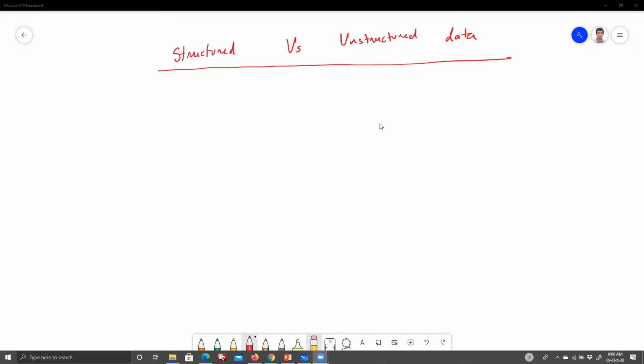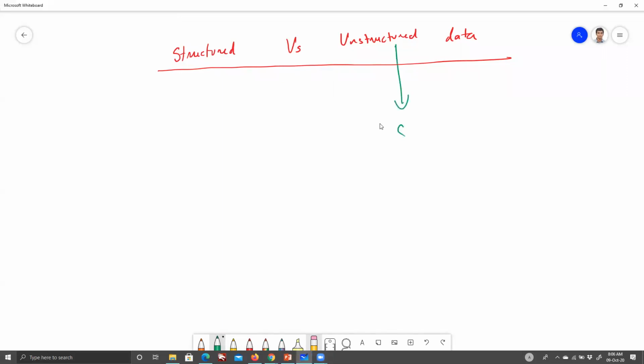Okay, so why are we interested in unstructured data at all? Because there is a huge amount of data and we can come up with insights. Yeah, you can say that. Basically, in the real world, close to 80% of data is unstructured. So as you might understand, if you were to scrape the internet or do anything of that sort, mostly you will have to deal with unstructured data.